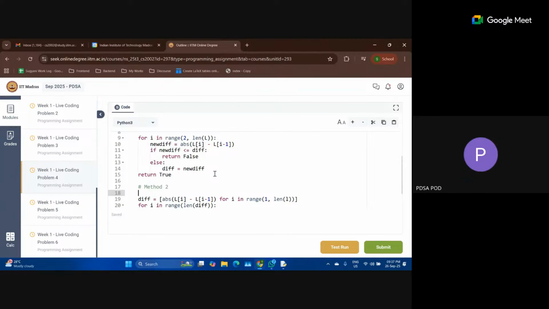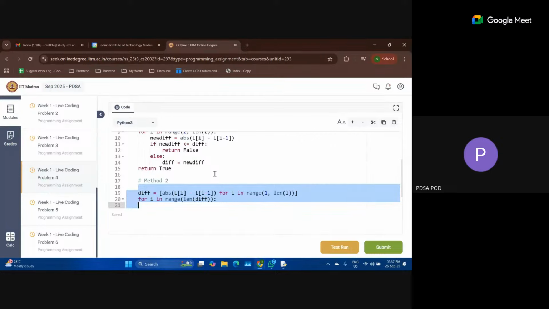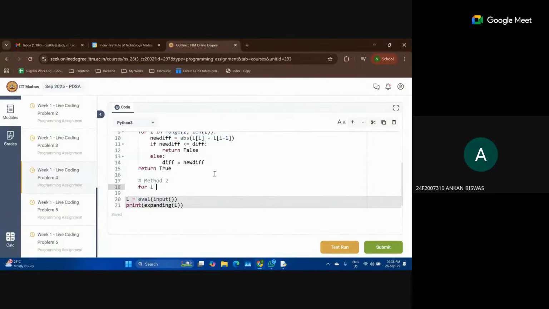So what you are saying is something like, for I in range of length of L minus 2, if you do minus 2, yes.